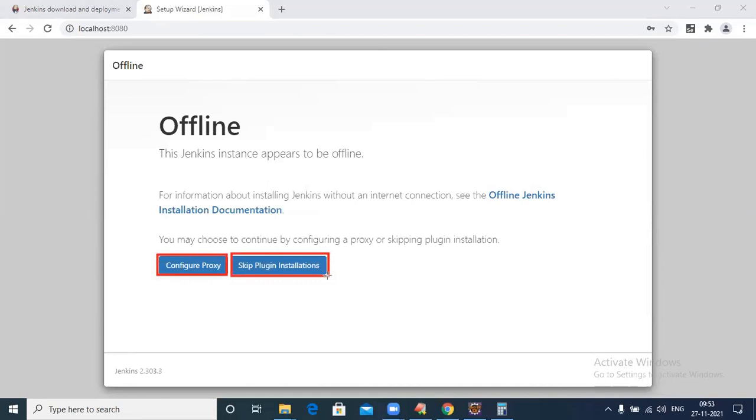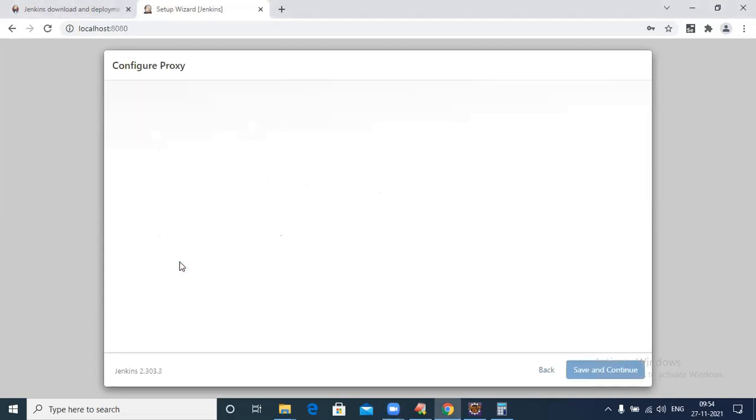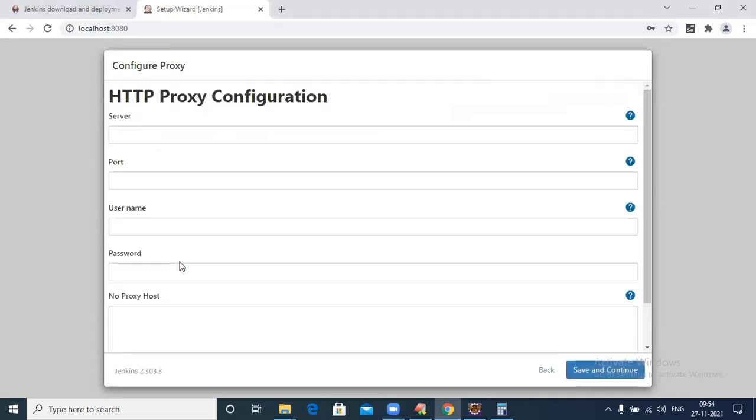In your machine, the install plugins option may come. You can select it, and it will install all plugins. For example, if I click on proxy, it is asking for proxy details: server, port number, username, password.